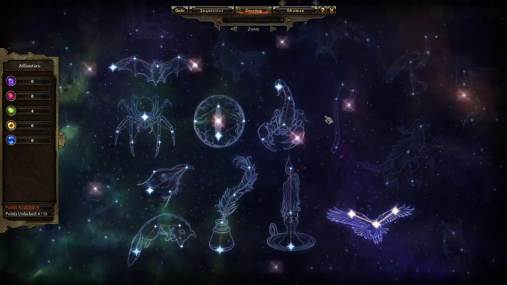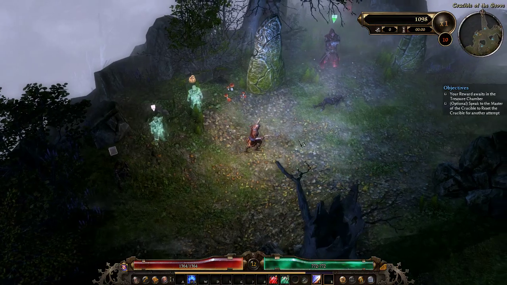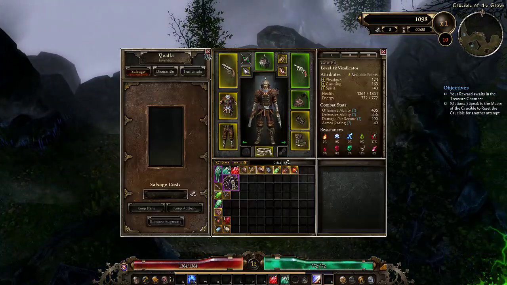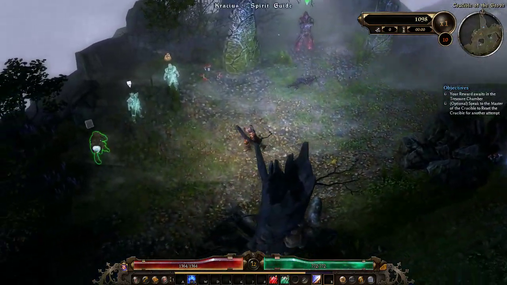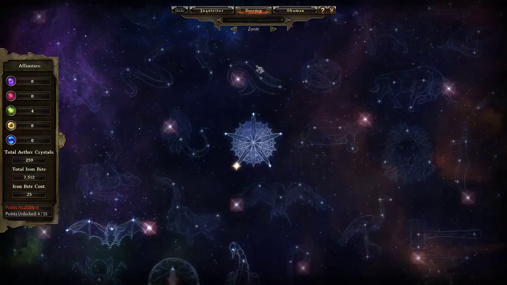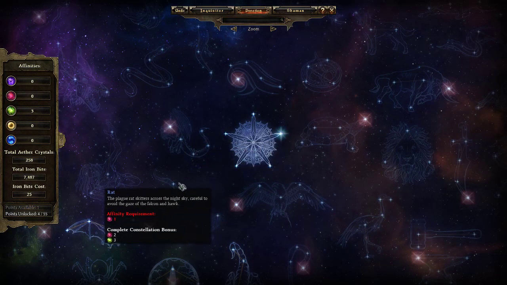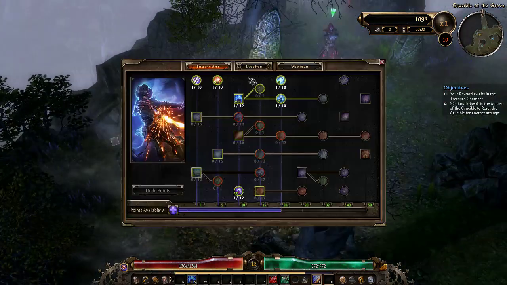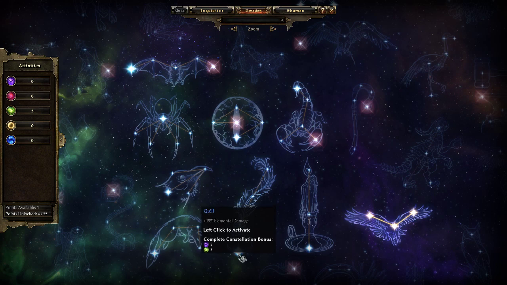Okay, so another thing to note is now that we got that, we don't necessarily need this one, so we can remove that. So that's exactly what I'm going to go do. Oops, oh, it's going to be this guy over here. There we are. Let's go to devotion, and I want to reclaim this one, so I'm just going to click on it to reclaim it, and now I have my point available right over here. So let's go to devotion, and we are going to take...